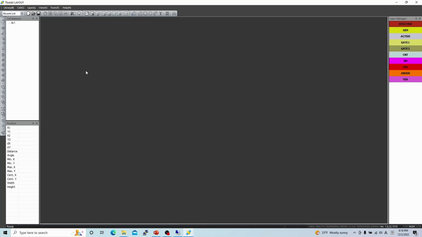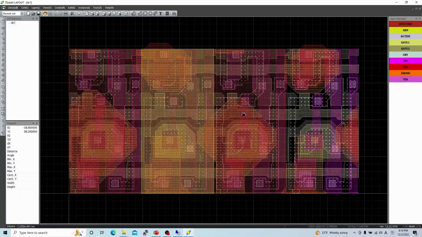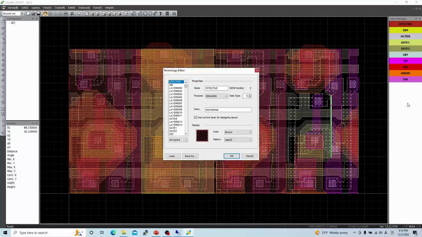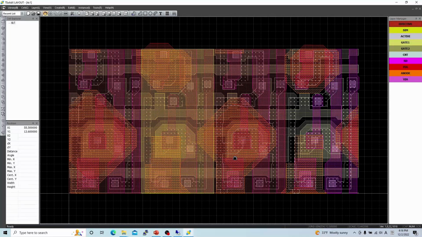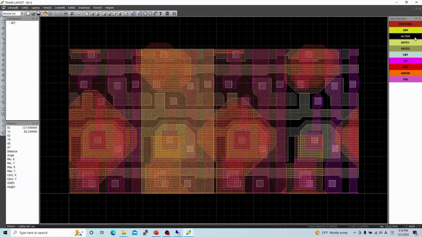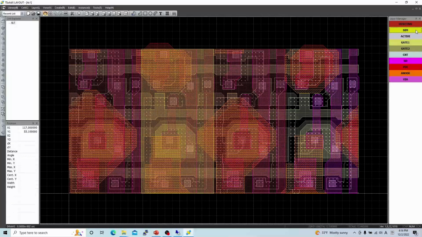By double-clicking the cell name in Cell Explorer, you can check the mask layout. Also, you can identify the saved tech file through Technology Editor. By double-clicking each layer name, you can check the mask, and